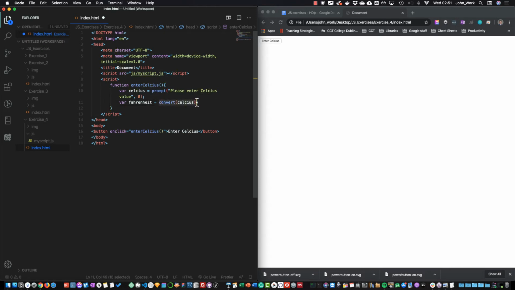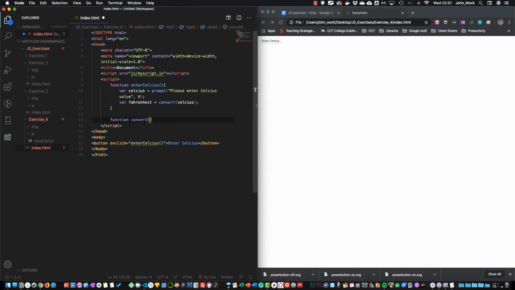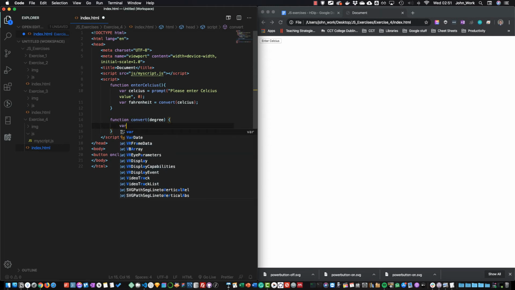So this convert Celsius is going to be a separate function, and I'm going to pass the value Celsius, or I can actually call this parameter different, but I'll still be passing this into it. So I'm going to call it degree,